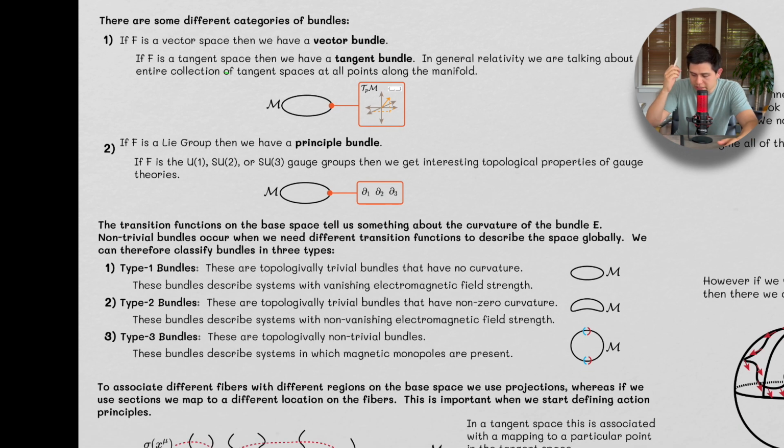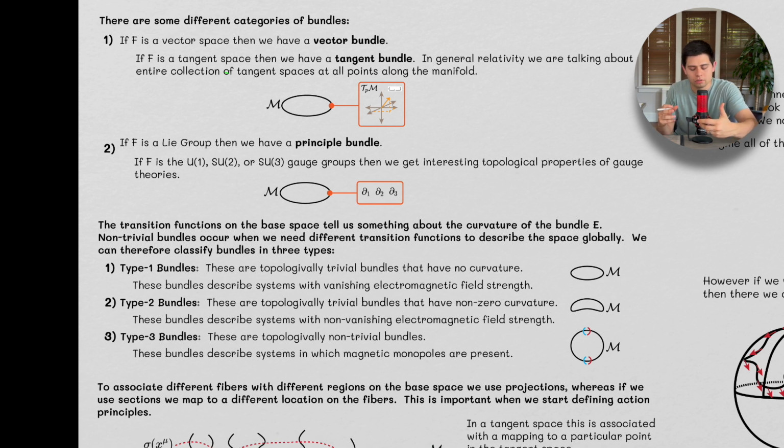We can also consider the Lie groups, right? So Lie groups can be orthogonal to each other, therefore creating something of a vector space, but they're groups. They act on things. And so when they act on things, we have these matrices, right? So these U1, SU2, or SU3 gauge groups can form their own sort of internal spaces on F or